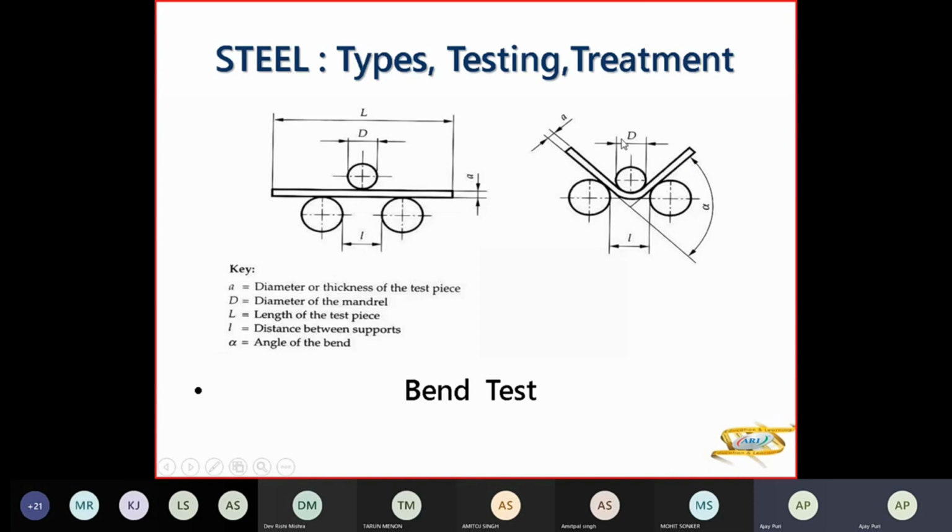So these are diameter of mandrel, जो प्रेस कर रहा है, ये दो सपोर्ट हैं जिनके बीच का डिस्टेंस l है, ये क्रॉस सेक्शन एरिया है, एंड दिस अल्फा इज योर एंगल ऑफ बेंड। ये डायग्राम समझ आ गया? देन वी विल डू द थ्योरी। यस सर। ओके, बट डायग्राम बनाना है।